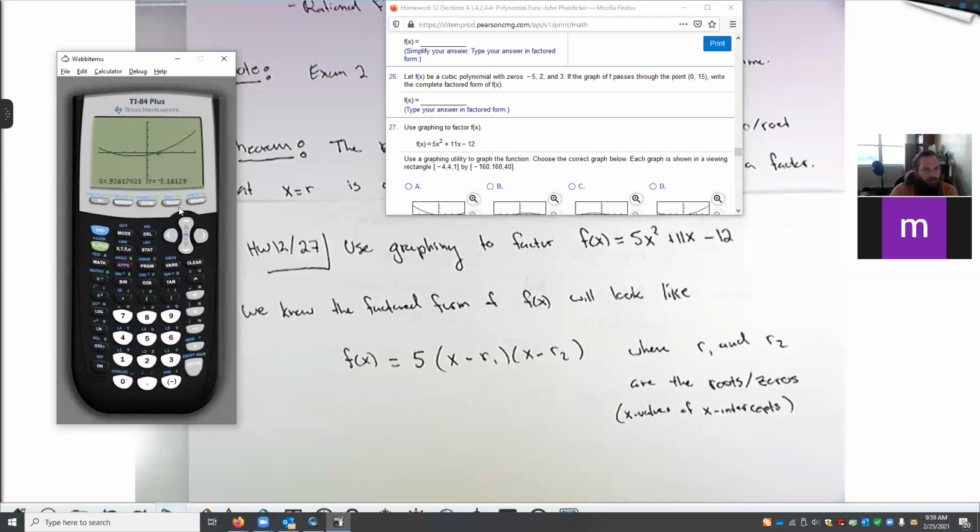Tracing along the graph here, 3, 2. So it looks like somewhere here y is negative. We're beneath the x-axis, and x is 0.76. If I take a little step over here, y becomes positive. So x is 0.85 and y is 0.98. So from the graph, I can easily see